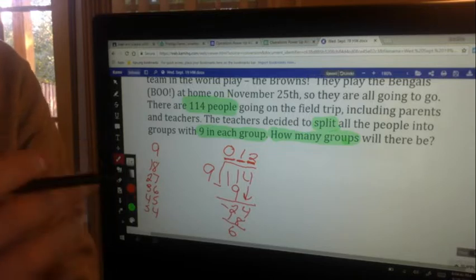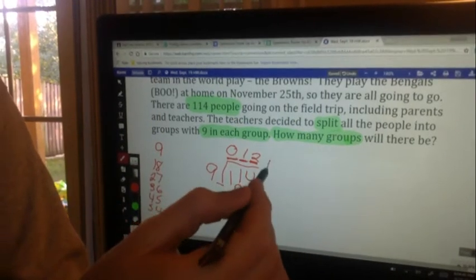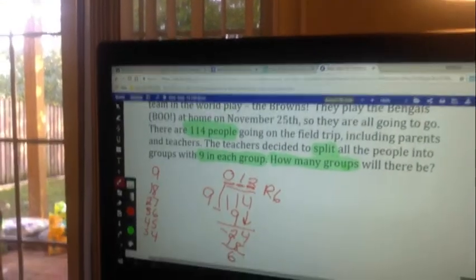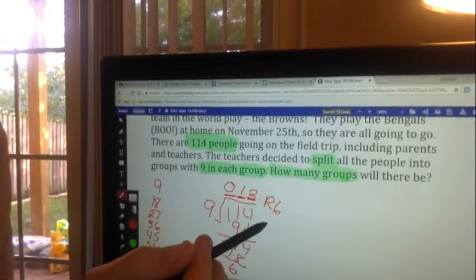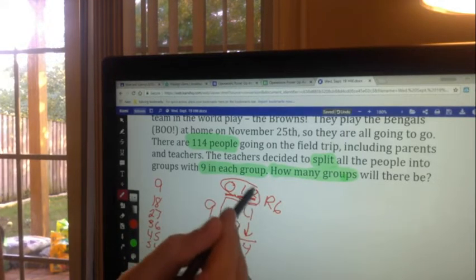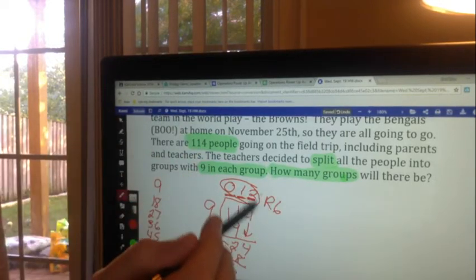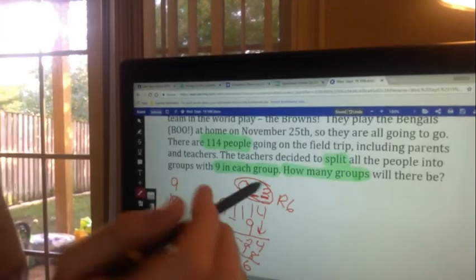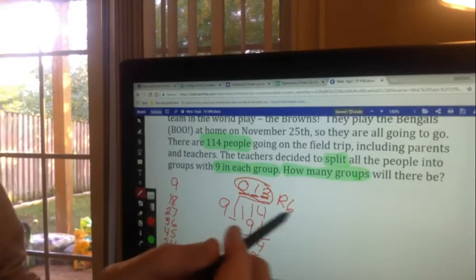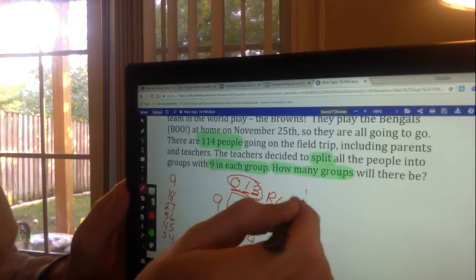Now, what happens here that's kind of weird is that we have 12, but we have a remainder of 6. Now, if we go back and look at the question, that's what's important. The question says, how many groups will there be? Well, if we stop here and say 12 remainder 6, that doesn't make a whole lot of sense. So what we're going to say is, well, there's 12 groups that each have 9 people. But if we just say 12 groups, then we're leaving out 6 people. So what I'm going to say then is, since there's 12 groups of 9 and there's another 6, we're going to tell these 6 to make another group, which means there are a total of